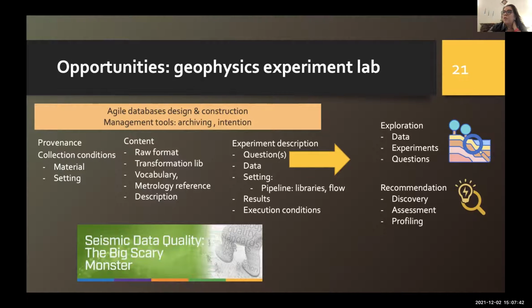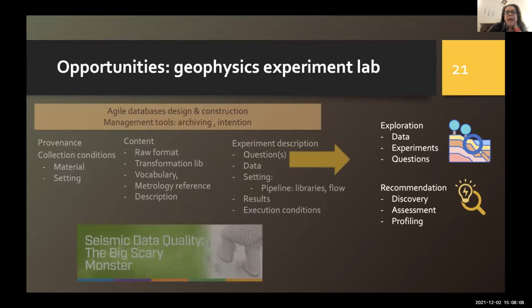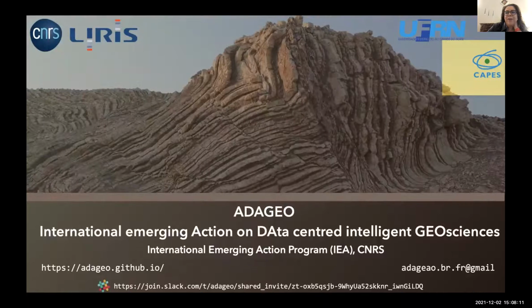And then use the profile of the consumer. I am an expert, I'm a student, I'm an undergraduate student. Which are the experiments that I can retrieve and study in order to figure out which are the next questions that I can ask? And I think that here we have a lot to do, even if here we are not very organized. So thank you very much. And I am going to leave the floor to the next speaker.